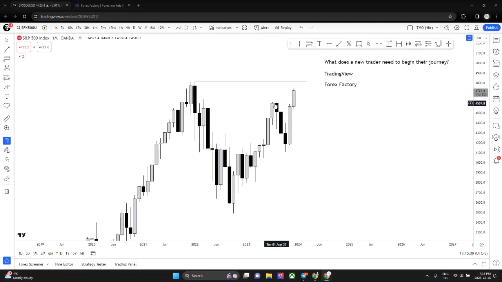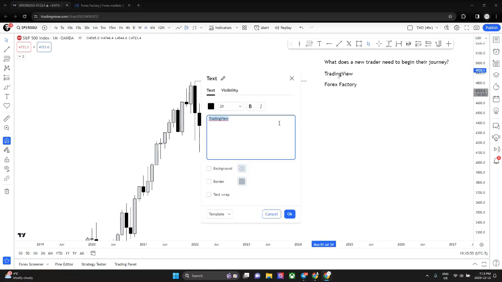Maybe around next month, I'll begin to introduce seasonal tendencies to those who are new. Some of you here are ICT chartered. I know that you know all of that stuff, but I'm pretty sure that you're not using it the right way. Okay? So if you're new, you need TradingView, Forex Factory, and if you can,